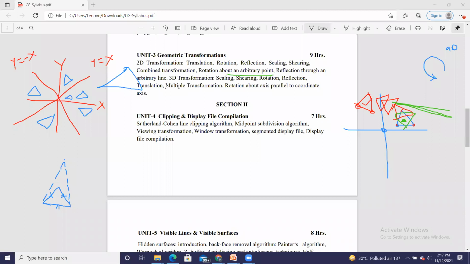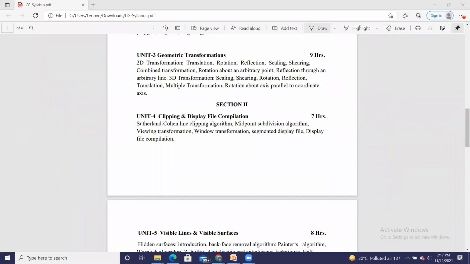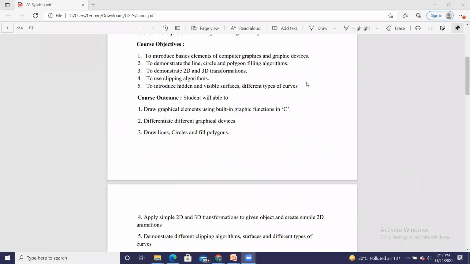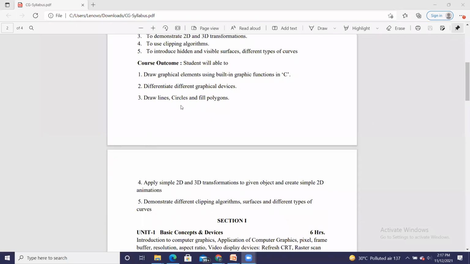Now, after learning this chapter, what are the outcomes that you will receive? These are the 5 outcomes. You are able to apply simple 2D and 3D transformations to a given object and create simple 2D animations.